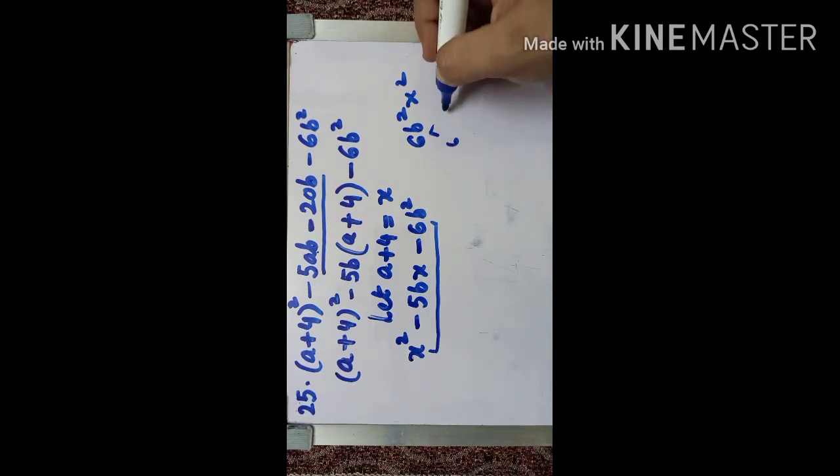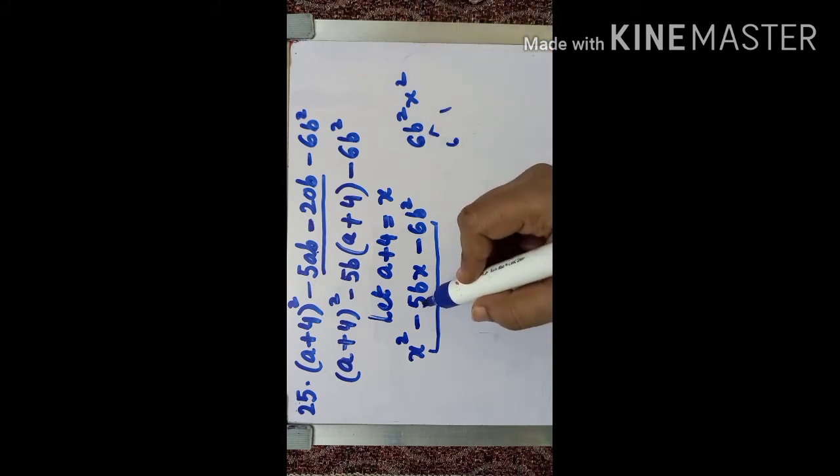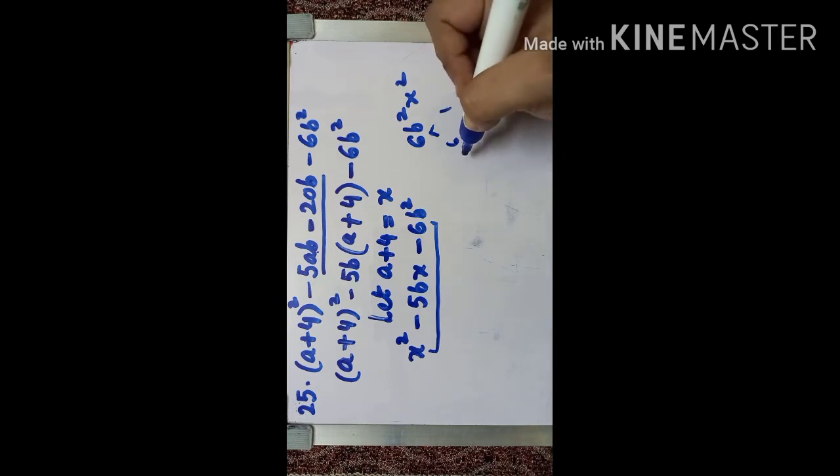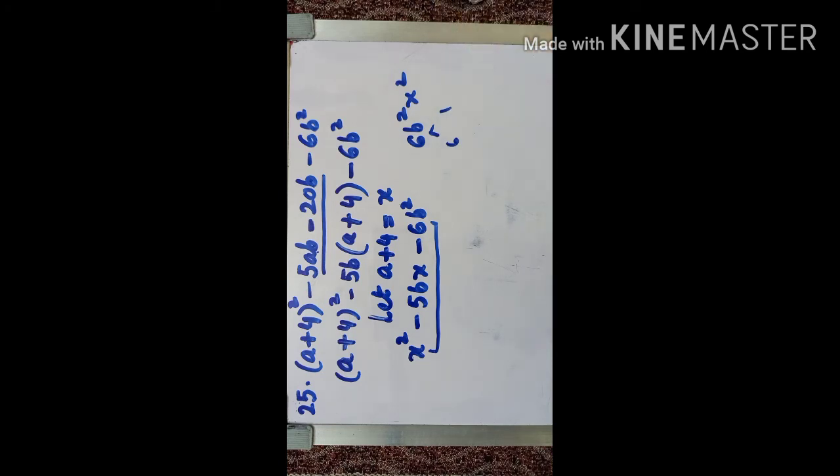6 will come in 6 1s are 6 only, like 2 3s are 6 if you are taking, then 5 you will not get here, minus 5. Okay, 6 1s are 6 only you have to take, so that minus 5, sorry, yeah, minus 5 and plus 1 you can take. Minus 6 and plus 1 will give you minus 5. Okay, so 6 1s are 6 only you have to take. Here bx, here bx, okay, because b square x square you are having.